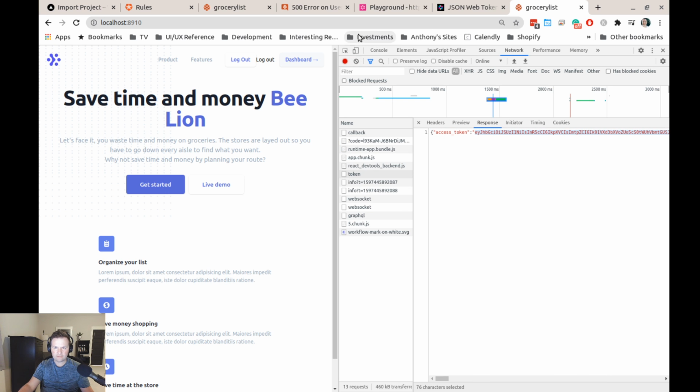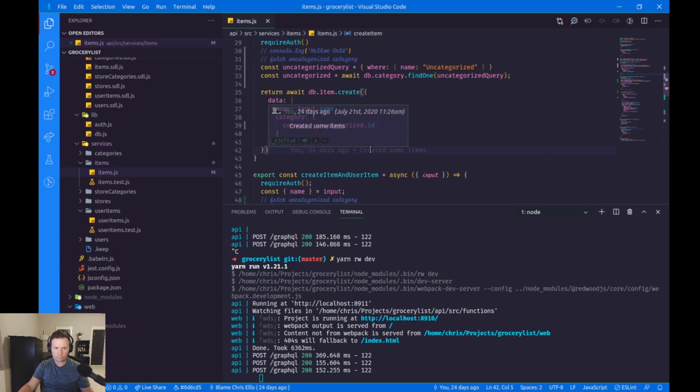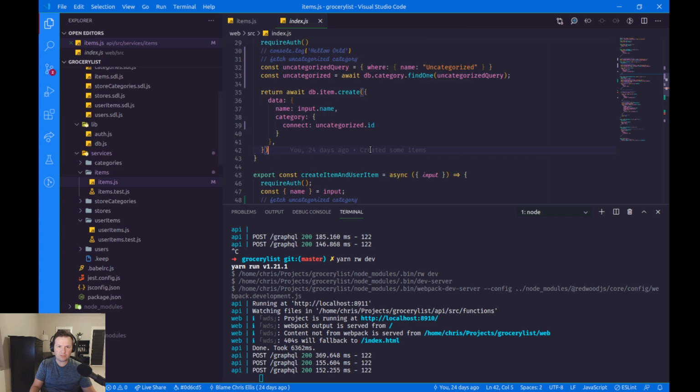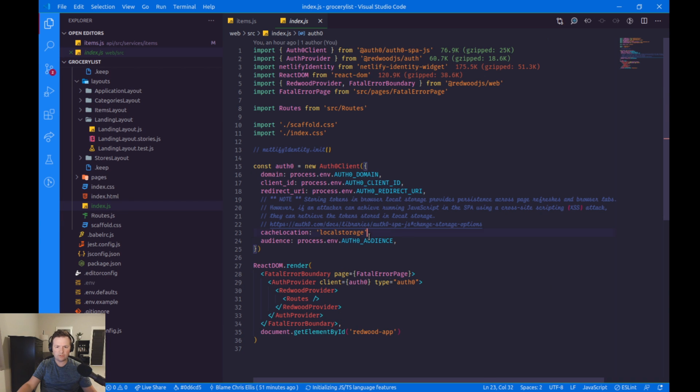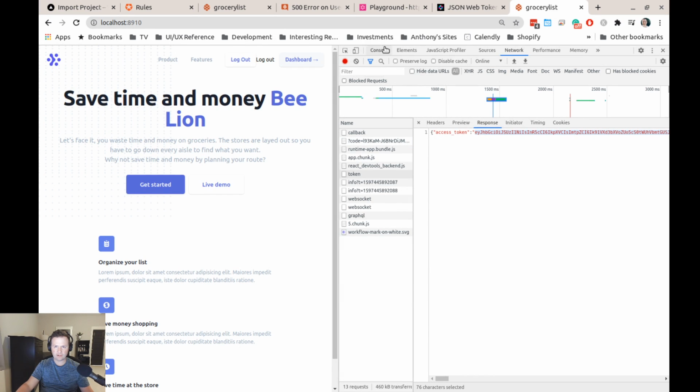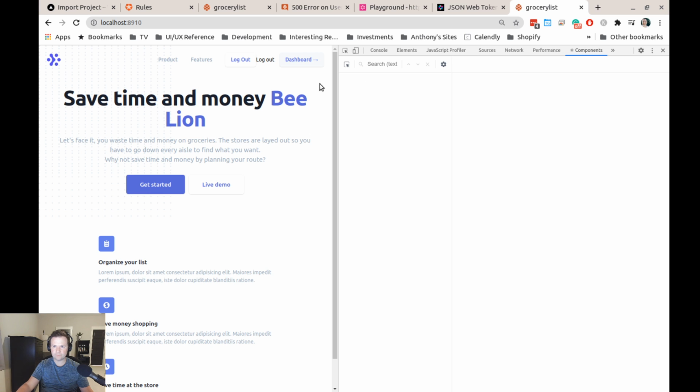And then that gets, on index, I believe, using the Auth0 client from this auth0-spa-js, it then adds this to the auth provider. So in React component DevTools,